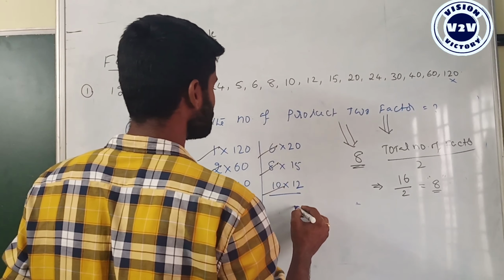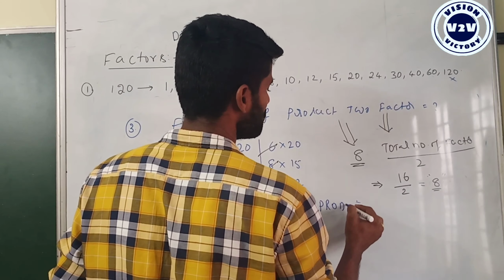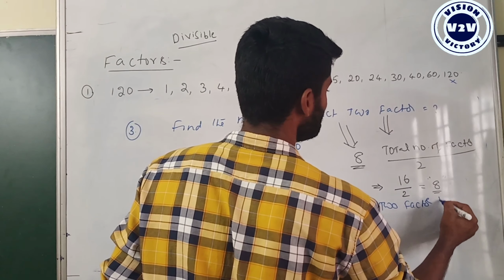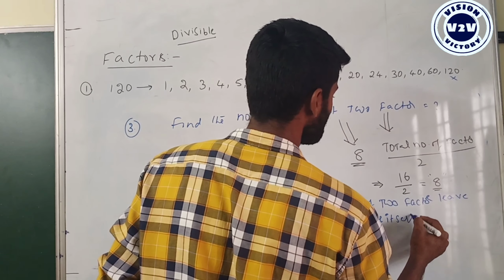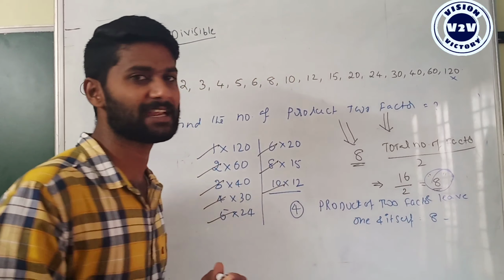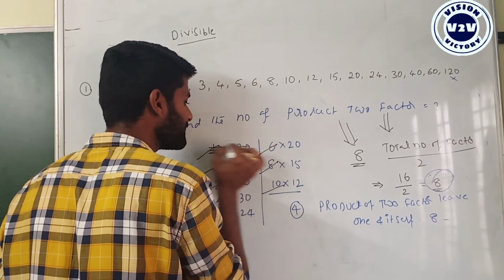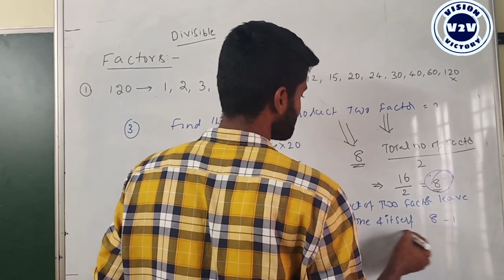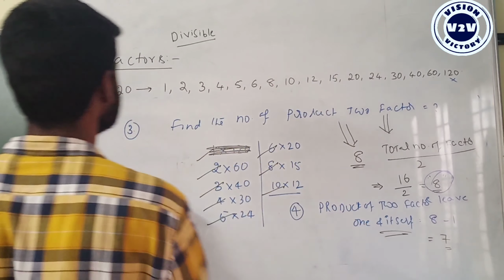See, if you continue with the fourth question, same model. Find the number of products of two factors, leaving out one itself. The same model is given as this type. We already know that the product of two factors is equal to 8. We need to subtract it. The product of the same number, we need to eliminate this particular number, means we subtract 1. So for the product of two factors, leaving one itself, the total number is 7 only. So this is the answer.